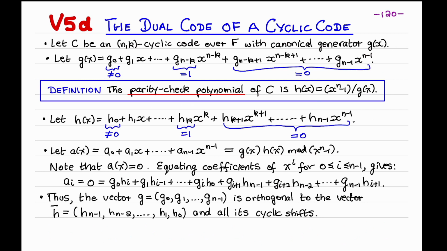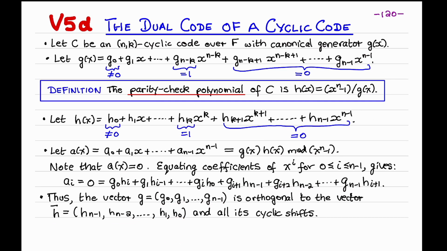Now, when you look at this expression for i equals n minus 1, you see that it's the inner product of the vector g, whose components are the coefficients of g, and the vector h bar, whose components are the coefficients of h, but written in reverse order. Looking at this expression when i equals n minus 2 tells us that the vector g is orthogonal to the left cyclic shift of h bar,